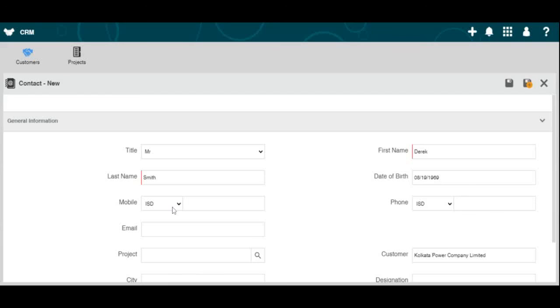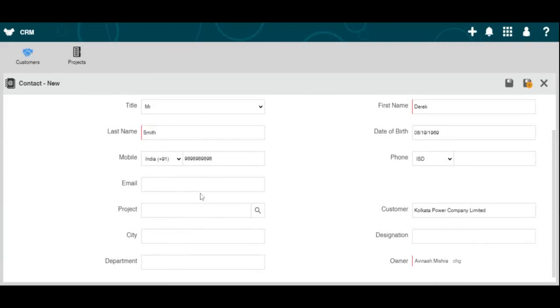I'll enter the mobile number. I'll enter the email ID.